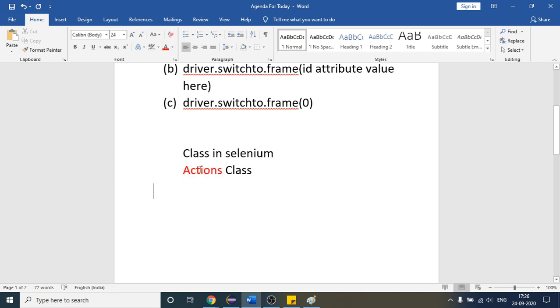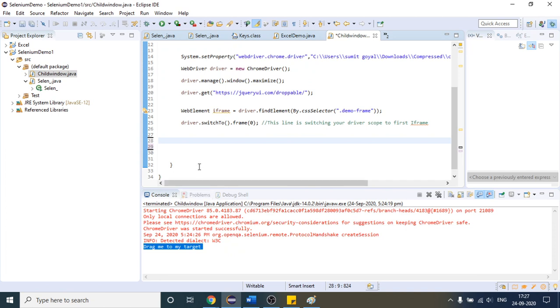That class will help us to do this activity, which is drag and drop. Since it is a class, you know what you have to do: you have to create the object first. Actions, suppose my object name is obj, equals new Actions, and inside this Actions class I have to pass this driver, right?